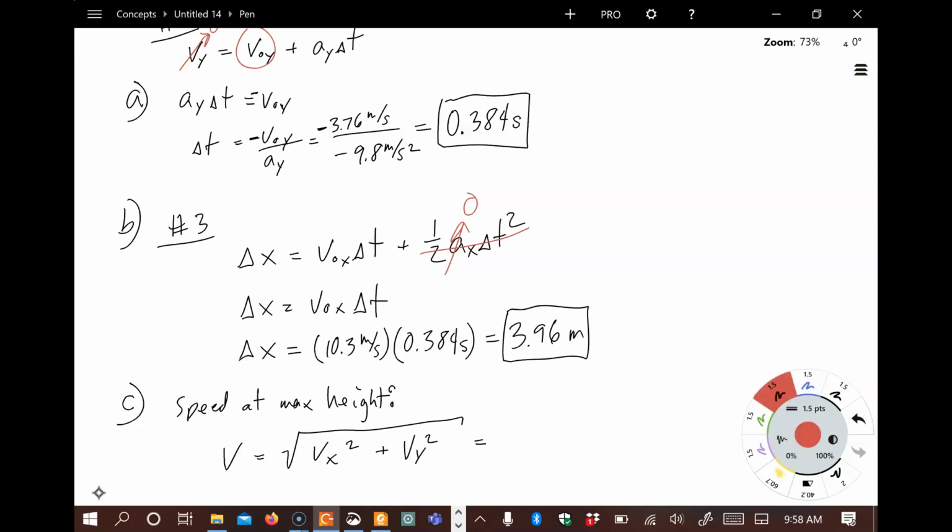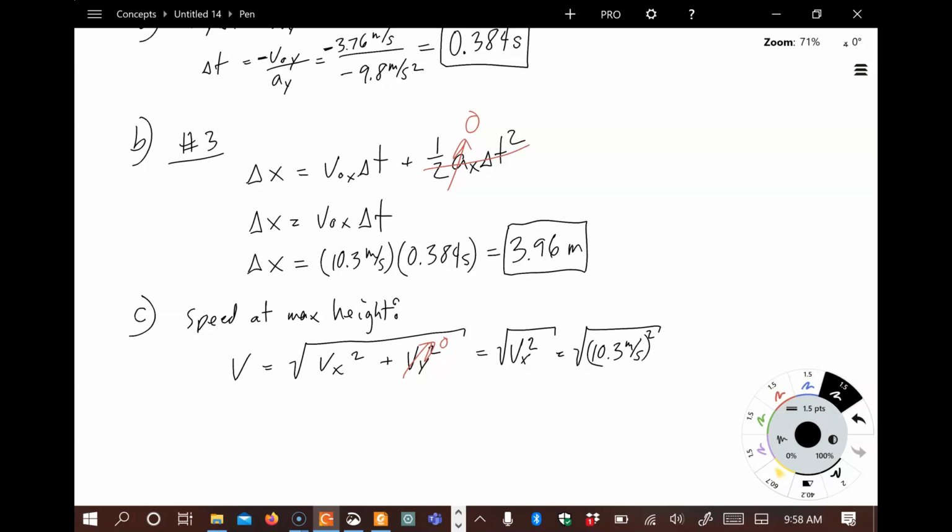That's equal to, remember that v final y is 0, so all we need to do is calculate this, and v x squared we see is equal to 10.3 meters per second. If we square and we square root that, we're going to find out that v is just equal to